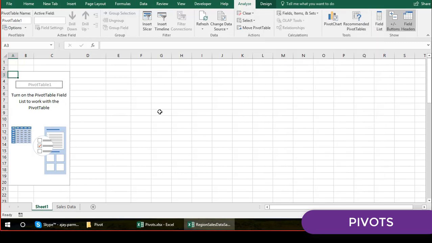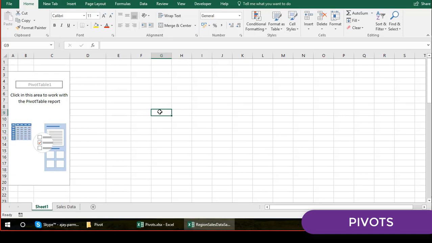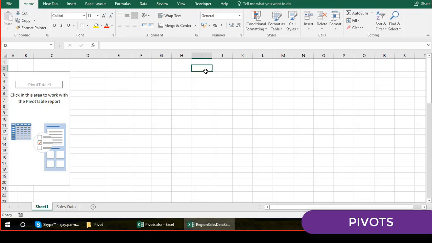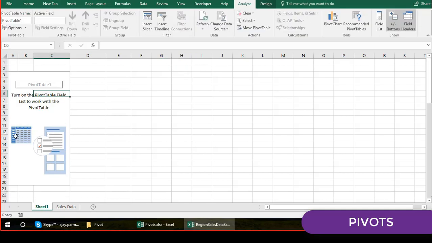You can close this as well. This is going to be closed. If you want it back, for example, you see that, guys, the moment you get into the pivot, you have this PivotTable Tools option activated. In this PivotTable Tools option, you have Analyze and you have Design. Both the options are coming here. Otherwise, if you just go somewhere else, you don't see those options, right? So these options come when you go in the pivot table area.